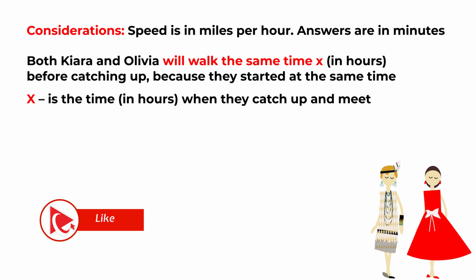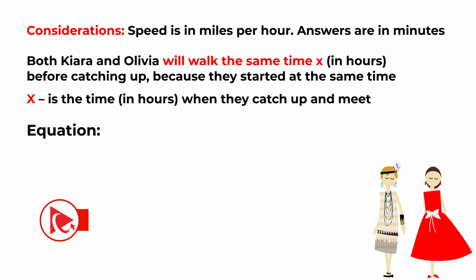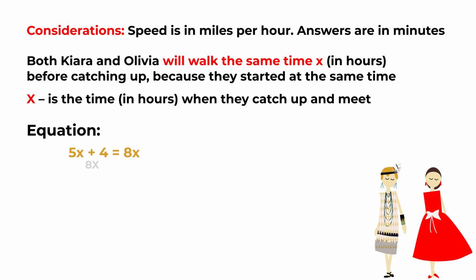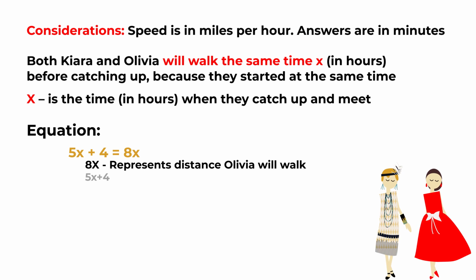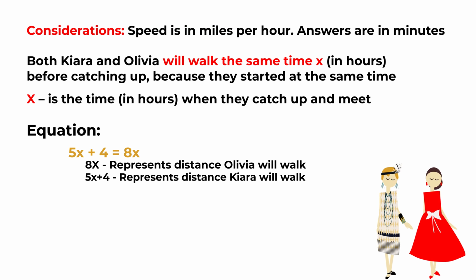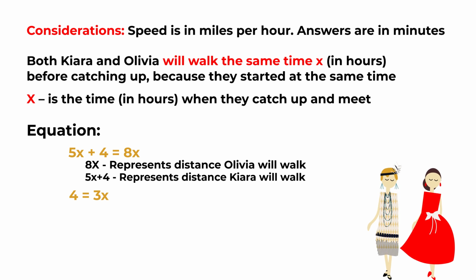To solve this challenge, we need to build an equation. 5x plus 4 equals 8x. 8x represents how much Olivia will walk, and 5x plus 4 represents how much Kiara can walk. And the starting point for this will be the starting point of where Olivia starts, since Olivia starts 4 miles behind. So if we simplify this equation, 4 will be equal to 3x, and x will be equal to 4/3 or 1